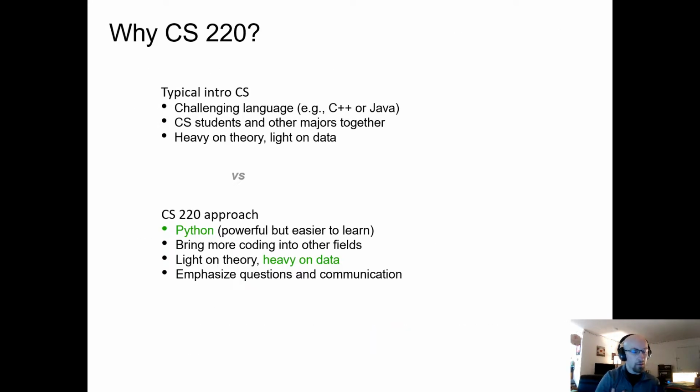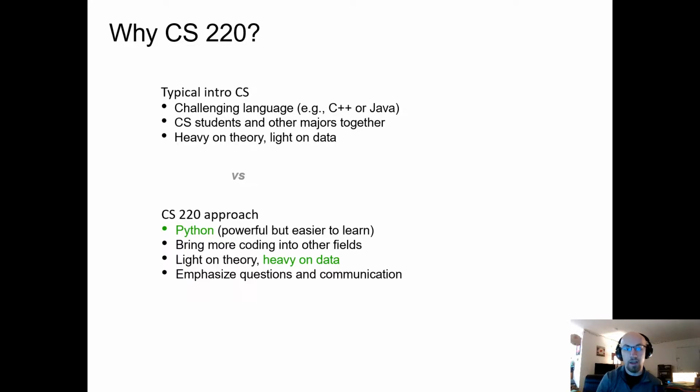So you've taken 220, you probably had the option to take CS200 instead. So what are the differences here? Well, your typical class like 200 that teaches Java as an intro language. It's a bunch of CS students, so it's not necessarily students from other majors. Normally it's pretty focused on those students who are getting into CS.